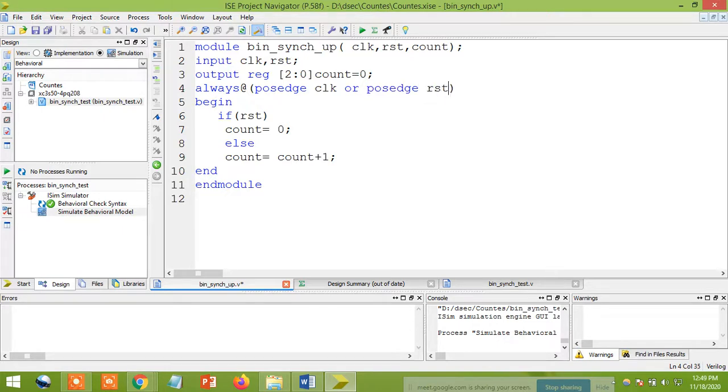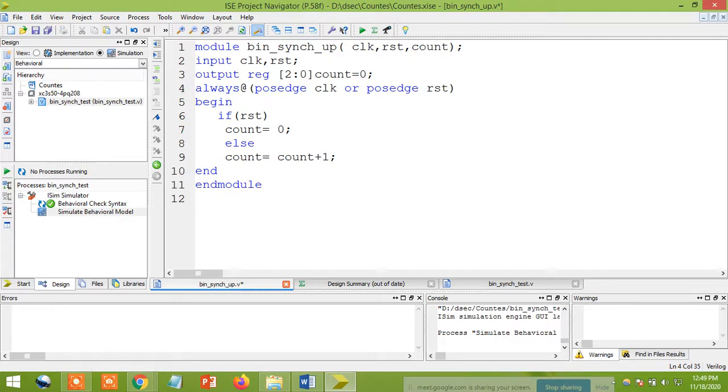I'm giving both. It indicates that the changes happen either on the positive edge of my clock or, as one more option, on the positive edge of reset, right? So for reset, it is changing; it does not depend upon the clock signal only. If reset is there, as another input, there also the changes need to happen.